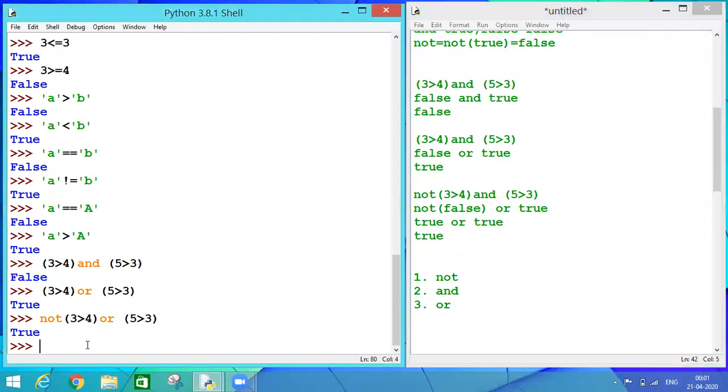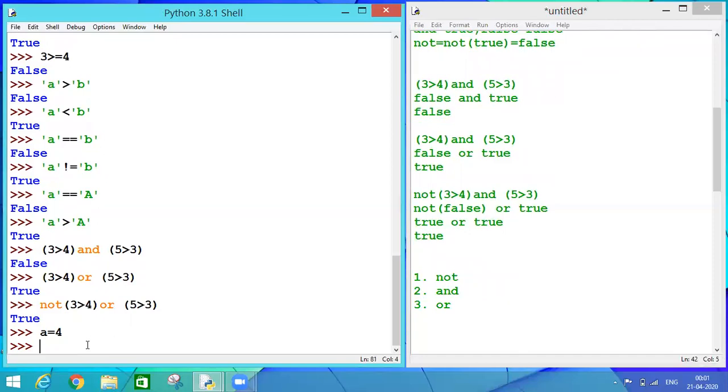Now let's move on to some things, like how to write the expression in shorthand. Like if I say A is equal to 4, and in the next line I am writing A is equal to A plus 3.